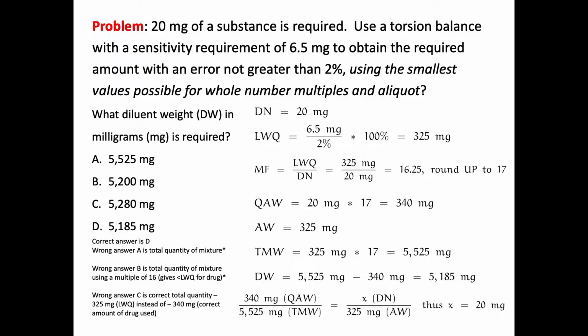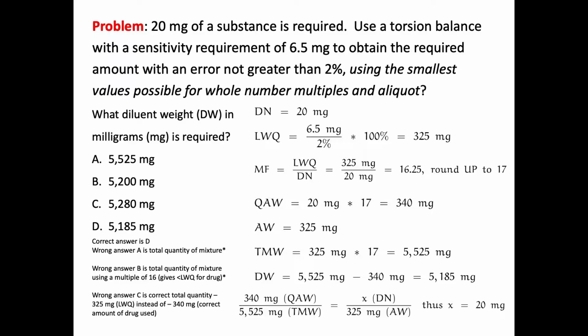Okay, so let's determine the multiplication factor by taking the 325 milligram least weighable quantity divided by the drug needed, which gives me kind of an ugly number of 16.25. I don't care. I'm going to round it anyways, and I'm going to round it up. So I'm going to round 16.25 up to the nearest whole number, which was 17. Now, this is where I'd stop for a second and say my question here. You may think, well, let's just round that up to 20. And frankly, you could answer this question by rounding up to 20, but rounding up to 20 is not using